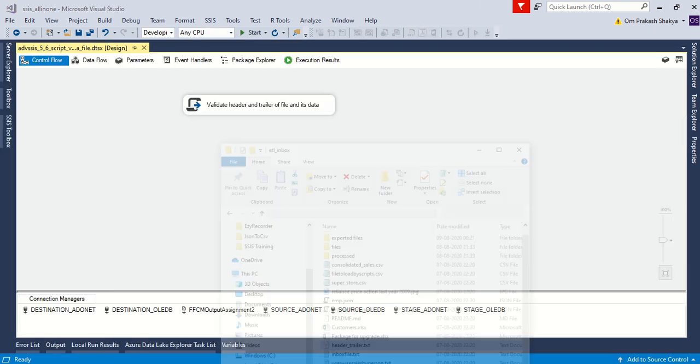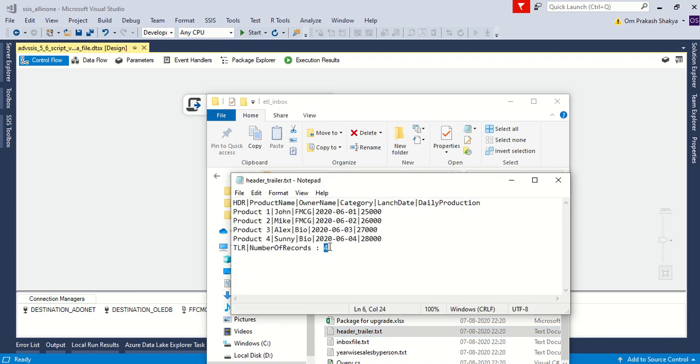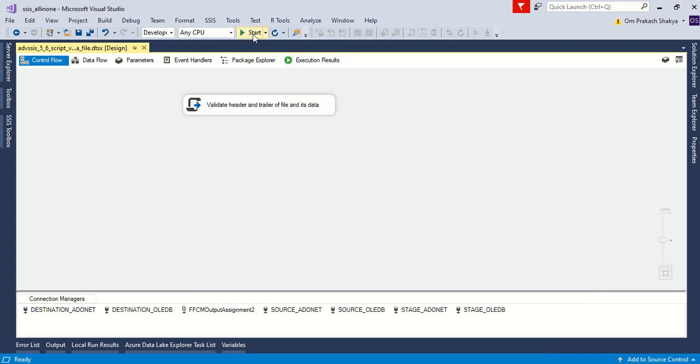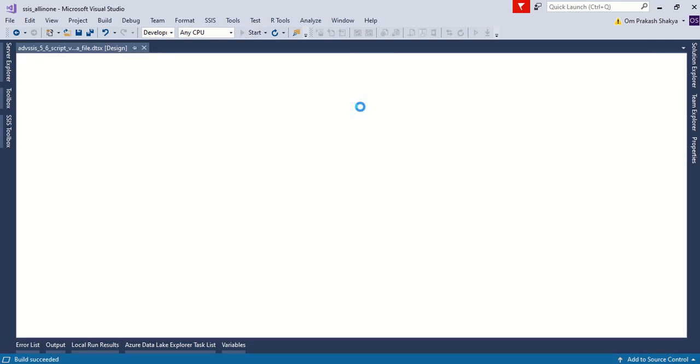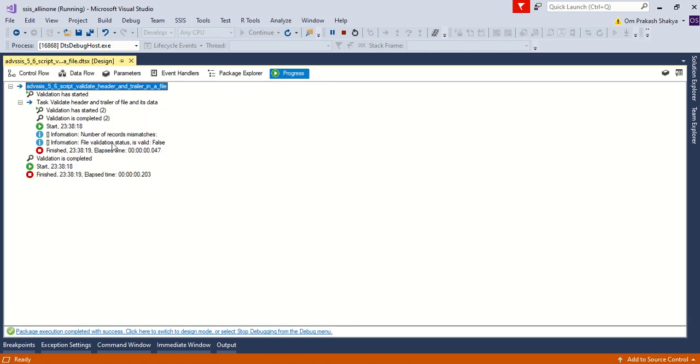And if we alter this file, like something like that, there should be 5 records. So I am altering the trailer information there, and then we'll execute this package. Let's see what it says. So the package was completed, but you can see the file validation status is valid, false. No, it is not. And the number of records mismatches. This is the information that we identified, that there is a problem